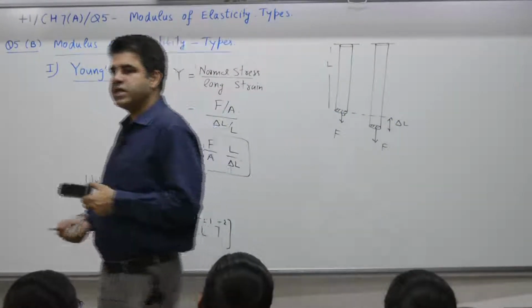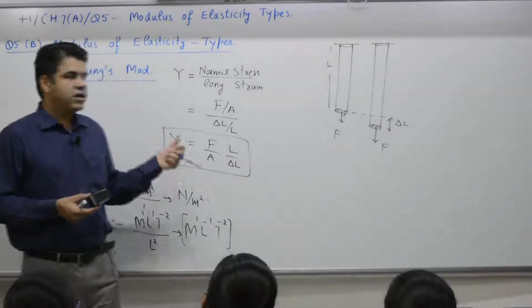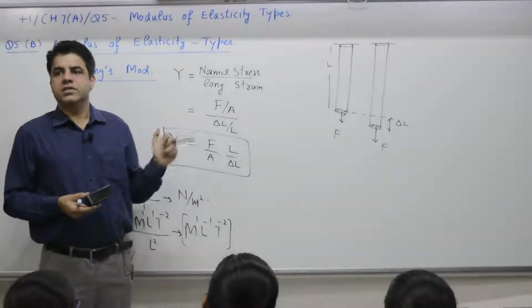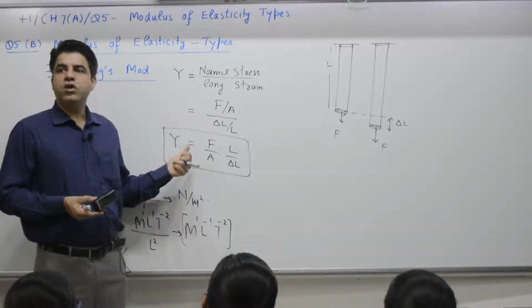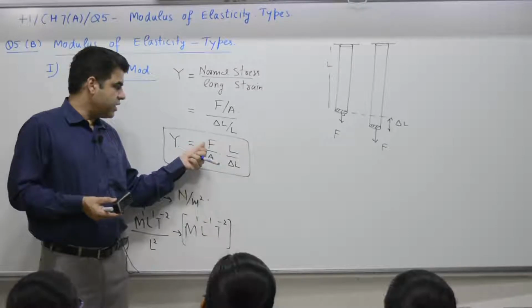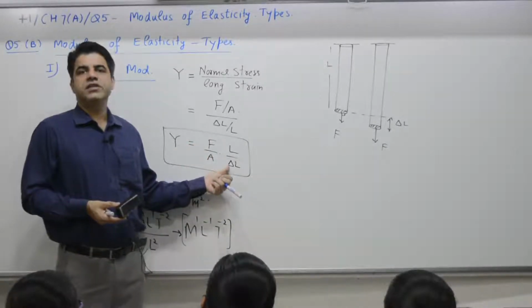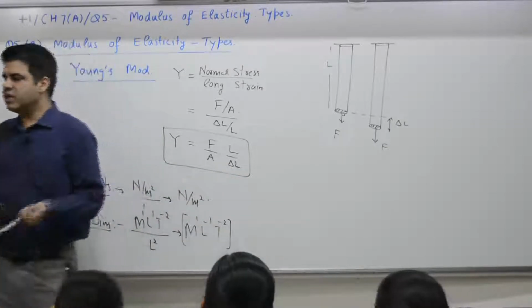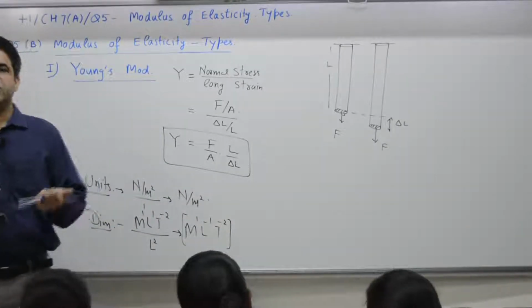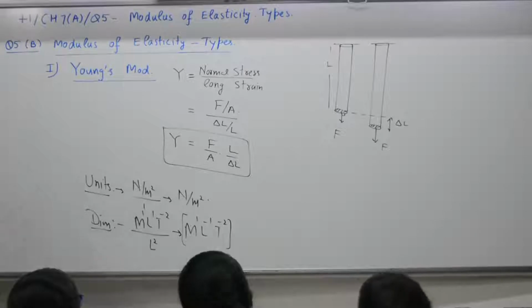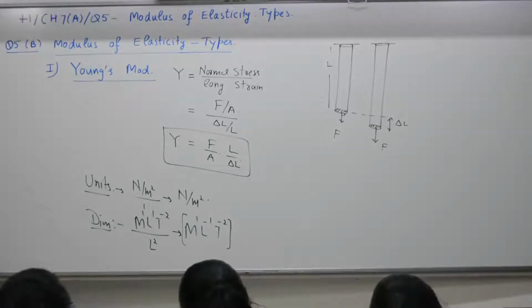It is very high. That is why you make use of steel for building structures, flyovers, because it can withstand more force. With very high force, the change in length will be very, very small. So the higher the Young's modulus, the higher the strength of the material. Time with you is 3 minutes to write.